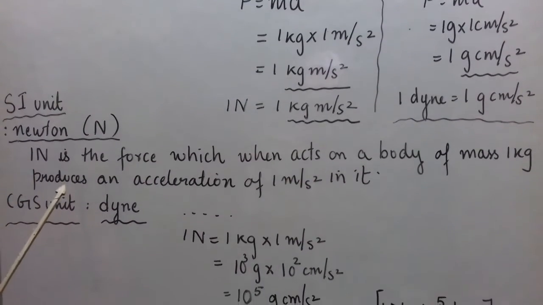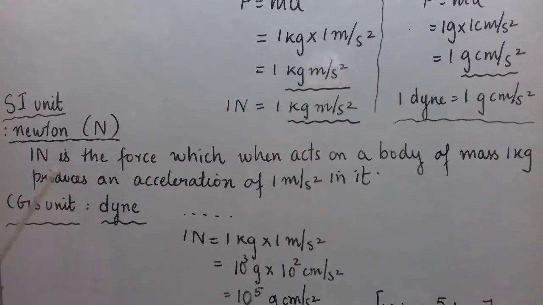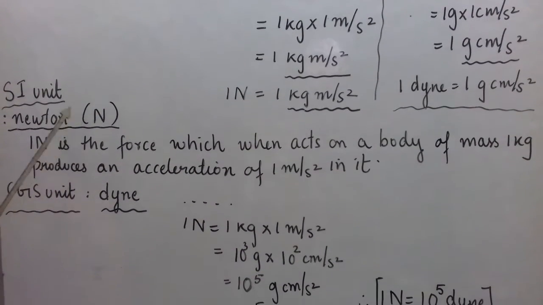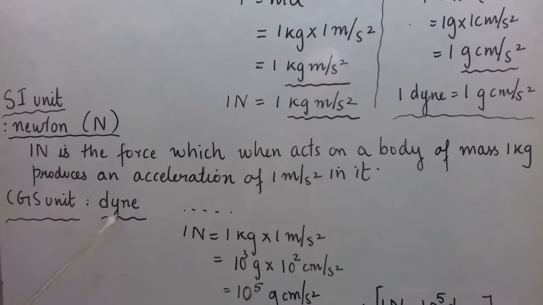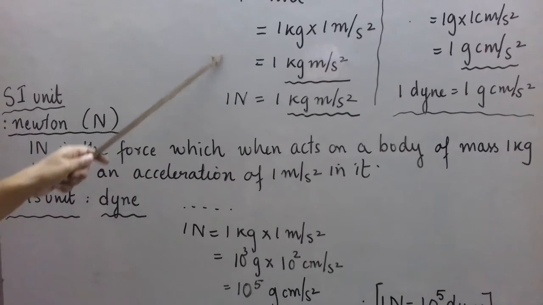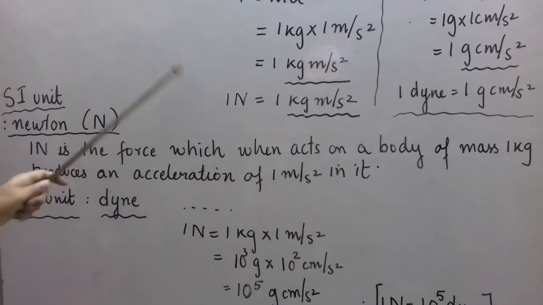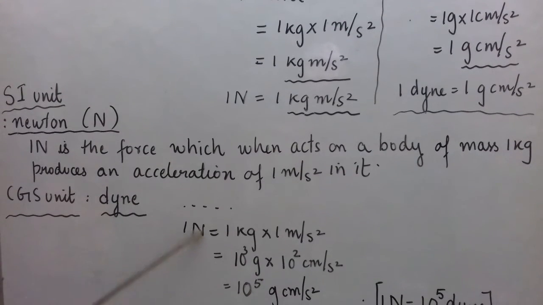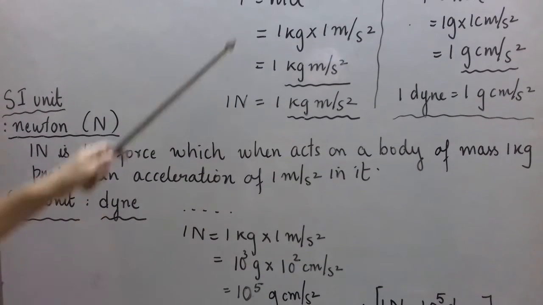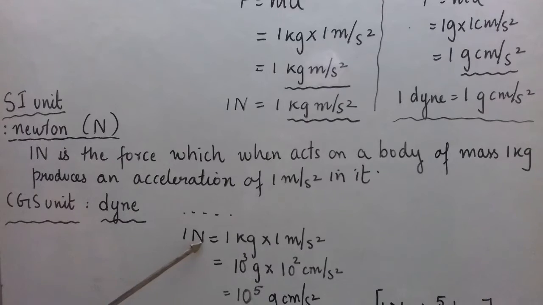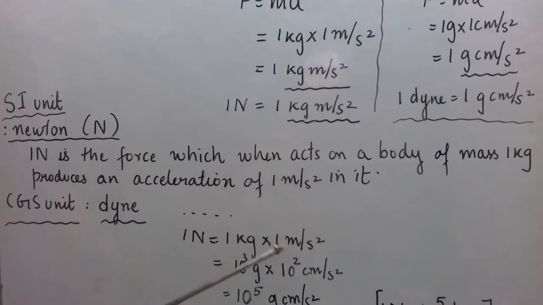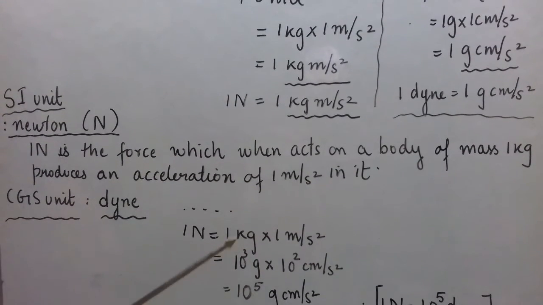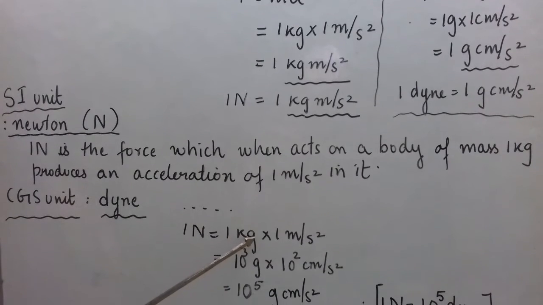And you know that 1 meter is 100 centimeter. So let us try to get the relationship between Newton and dyne. So let us take first this. From here I can write, 1 Newton is what? From the definition, from the formula, I can write 1 Newton is 1 kg into 1 meter per second square. You do one thing, convert this kilogram into gram.